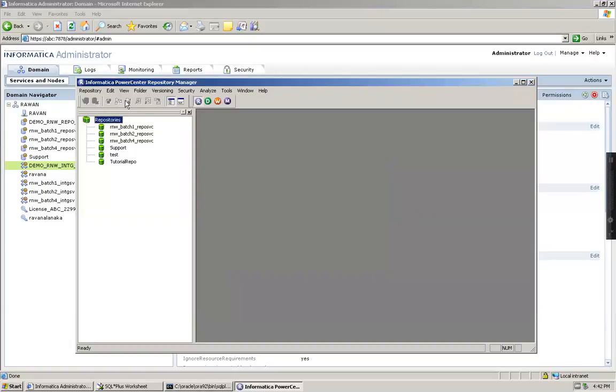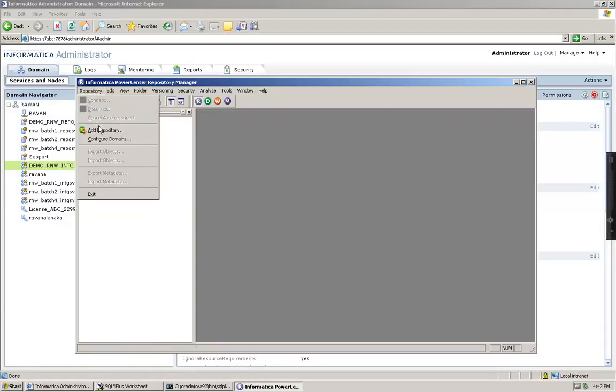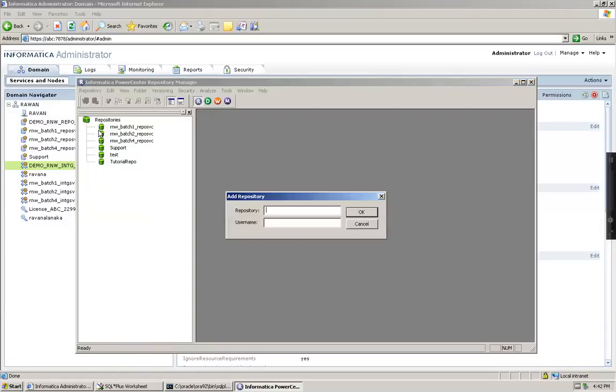On this repository manager, in this tree navigation pane, you can see all these are the valid repositories which are created under the repository root node. Right now, I am supposed to create a new repository. By default, nothing will be there, so you can assume that no repository is created. I am going to create a new repository, but a quick check is